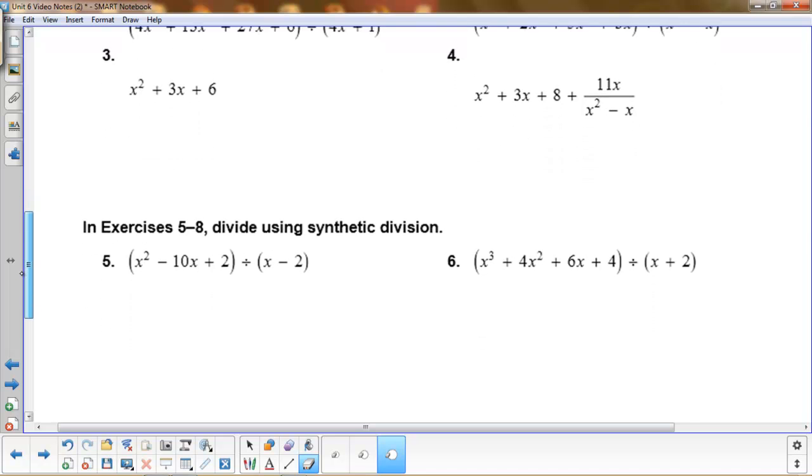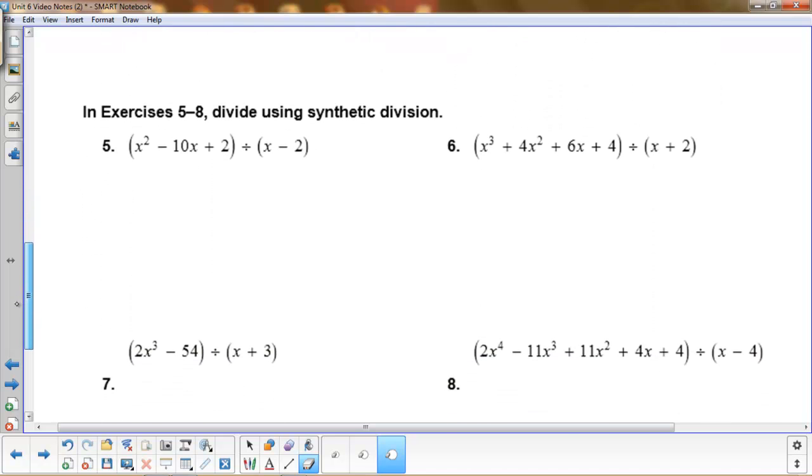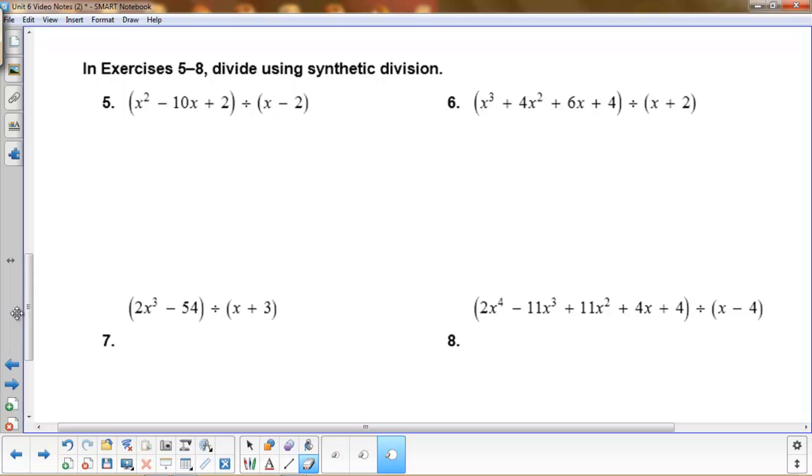Now we're going to use that shorthand method of long division called synthetic division. Now the synthetic division uses the solution to the factor. So if I solve this, I get x equals 2. If I solve this, I get x equals negative 2. So that will become my divisor in this particular problem. What we do in this shorthand method is we draw this little corner box like so, and then we write